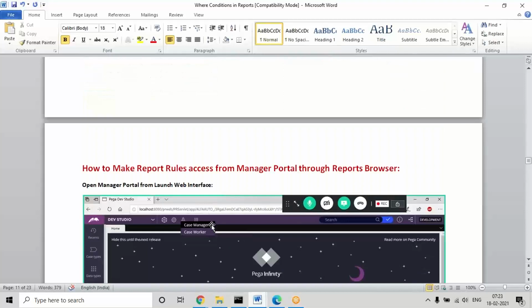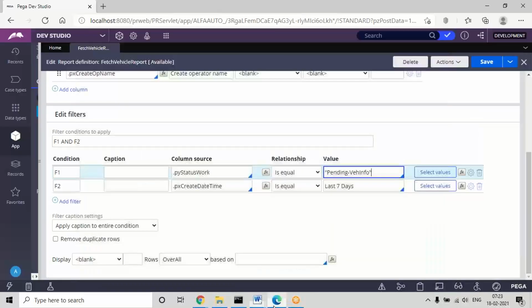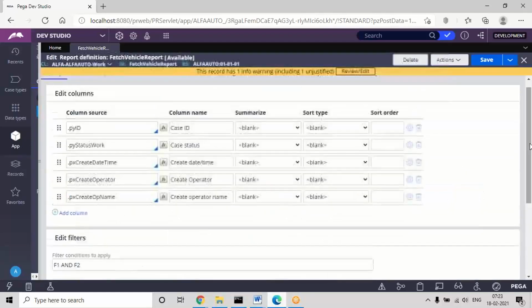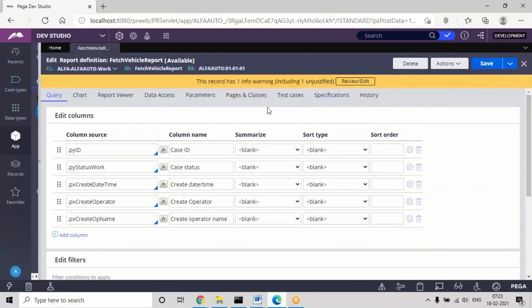Now, the next one is a simple setting. Apart from the developer portal, we'll have some other portals, the manager portal and user portal. In the manager portal, any reports added in the application in the developer environment, we can assign to the manager portal.